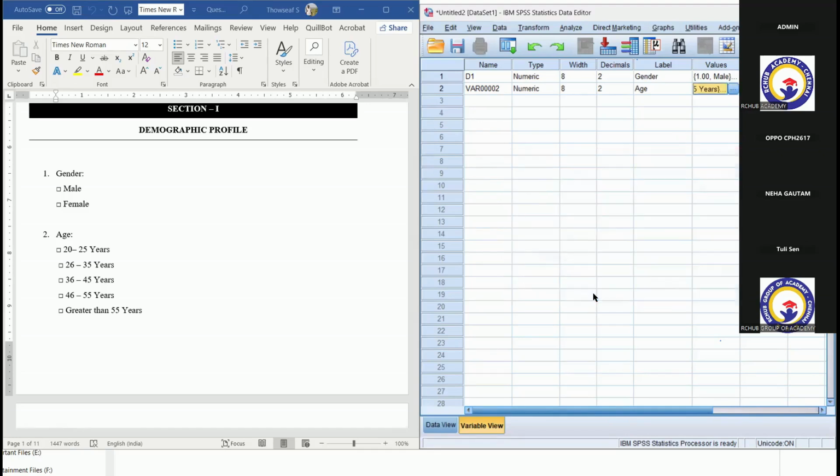Now we have added this. So now you tell me, let me put this as D2. This is once again a categorical data. This is not a metric data. Many scholars think that since age, which is in terms of number, is a metric data. No. If you are given the options like this, it is categorical